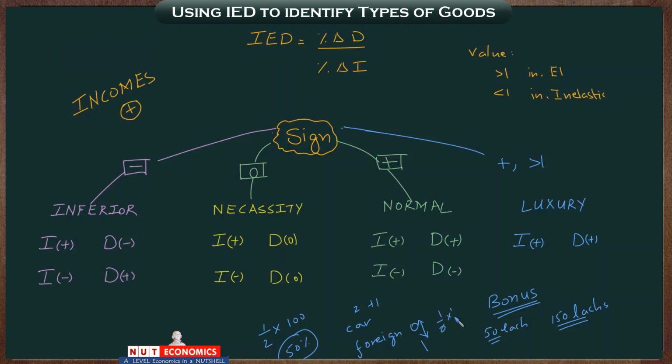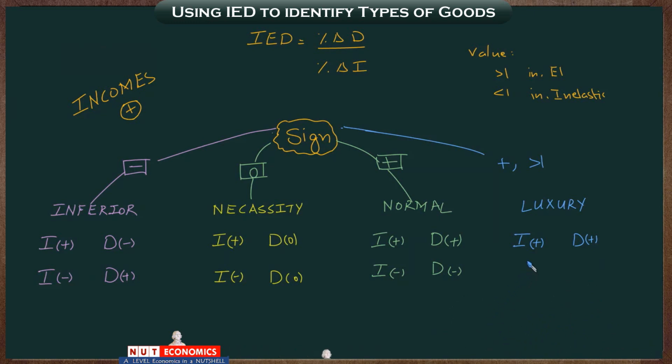1 divided by 0 into 100. I don't want to go into the details of the maths. All I want you to do is memorize that luxury goods would have a positive income elasticity of demand, which reflects that they are normal goods. You buy more when you become rich, and the value of this elasticity is also greater than 1. That reflects that the percentage change of demand is quite a lot as compared to the percentage change of income. You would get a 20% bonus or 20% increase, you get your first car, a massive percentage change in demand.